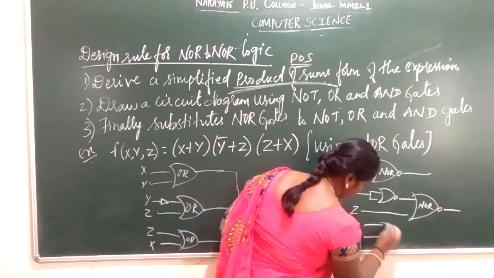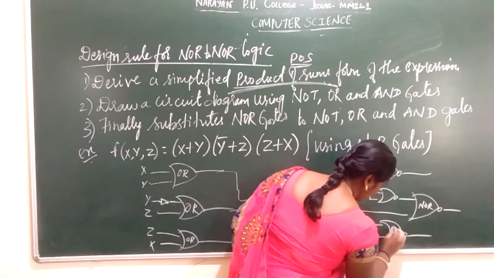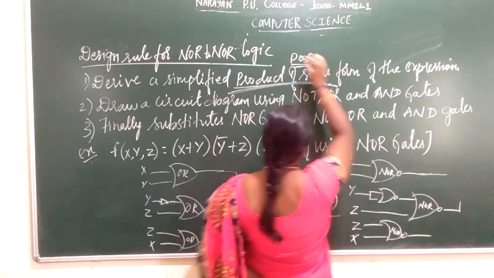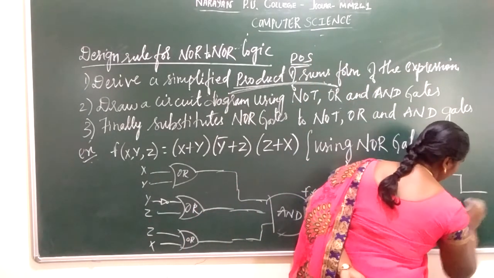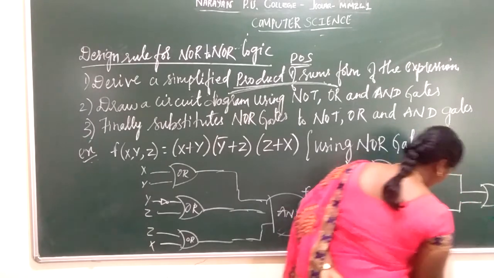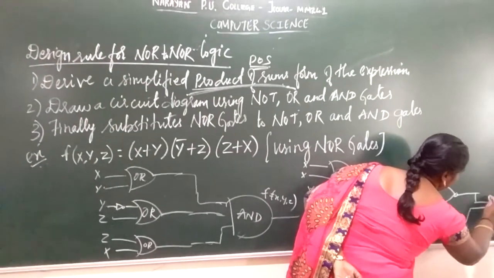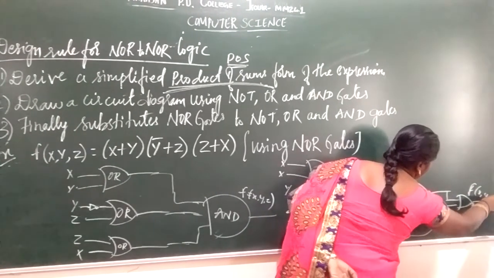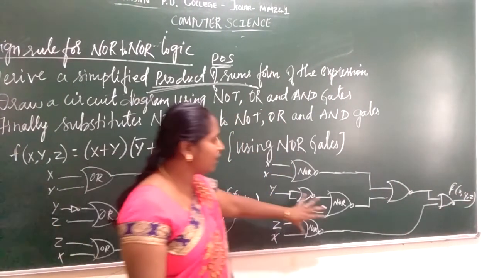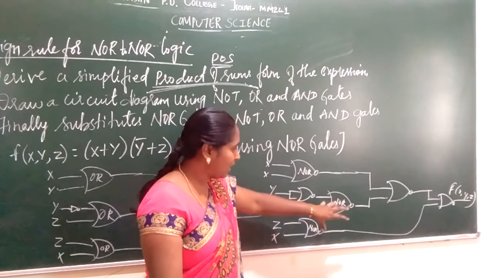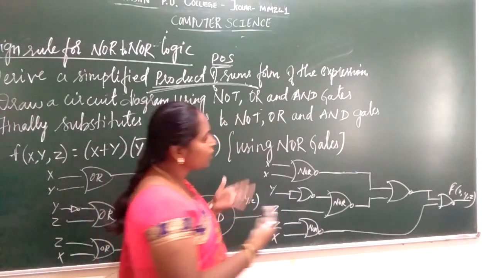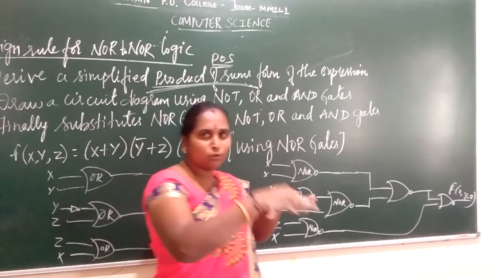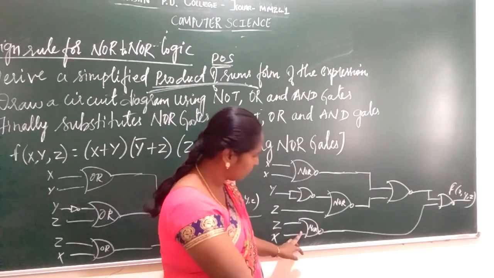So use a NOR gate. So here you need to add another level; it is a two level circuit. First use one NOR gate, and that NOR gate should be combined with another NOR gate. So this provides a function f of x comma y comma z. This is the two level circuit. You cannot combine three NOR gates at a time. When three NOR gates are there, you have to make it into a two level circuit. Two NOR gates should be combined once, then the other NOR gates. So that is nothing but two level circuits.